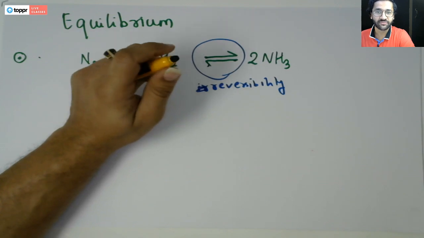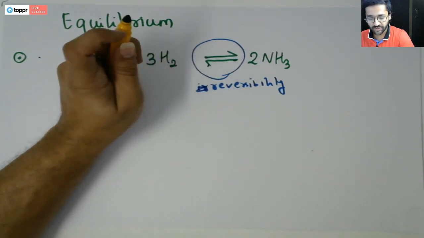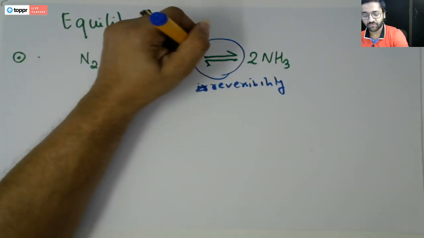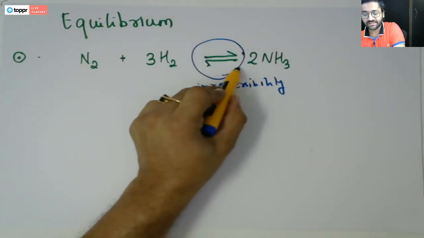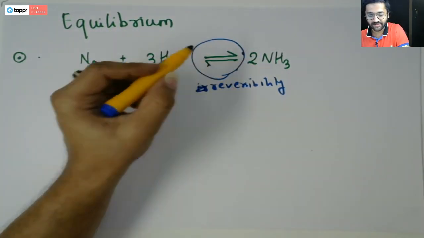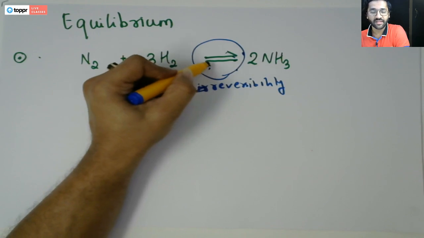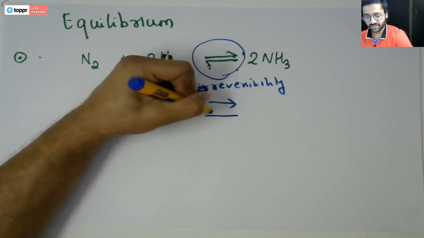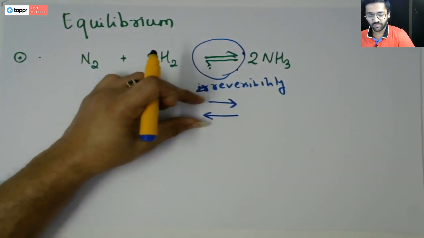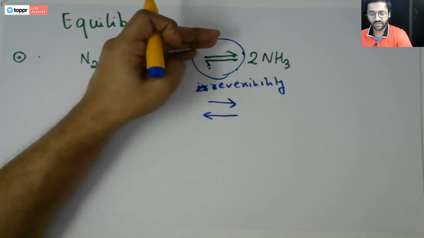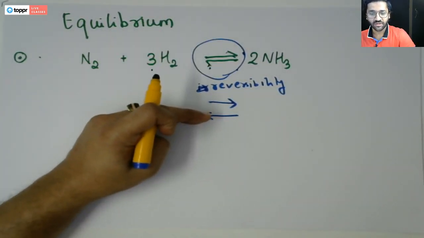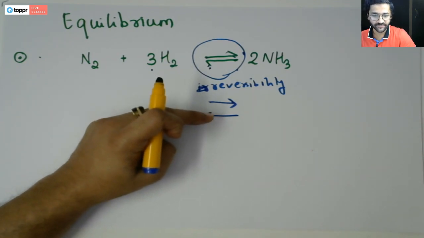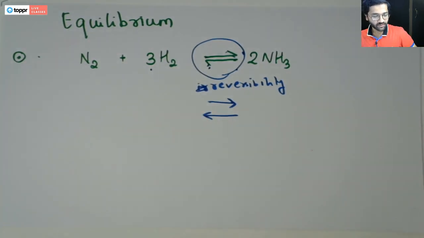All the equations which are in equilibrium are reversible too, which means that the reaction can go forward as well as backward. Hence the sign, hence the half arrows. We can also write full arrows, that is not an issue. We can give them both ways, either this or this, which shows reversibility of an equation. Alright, so